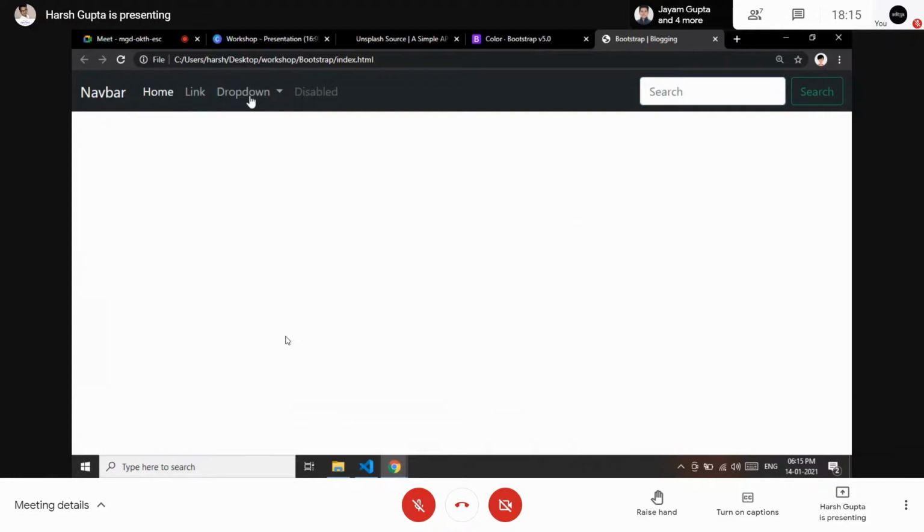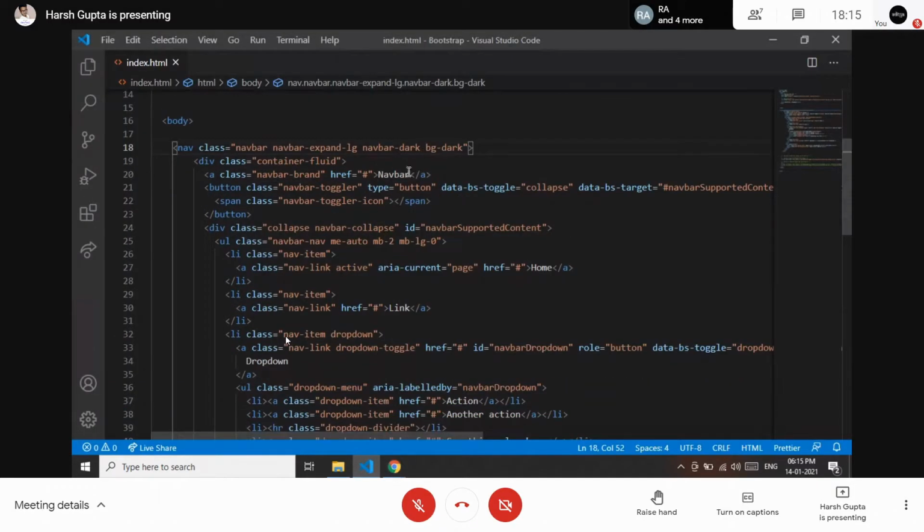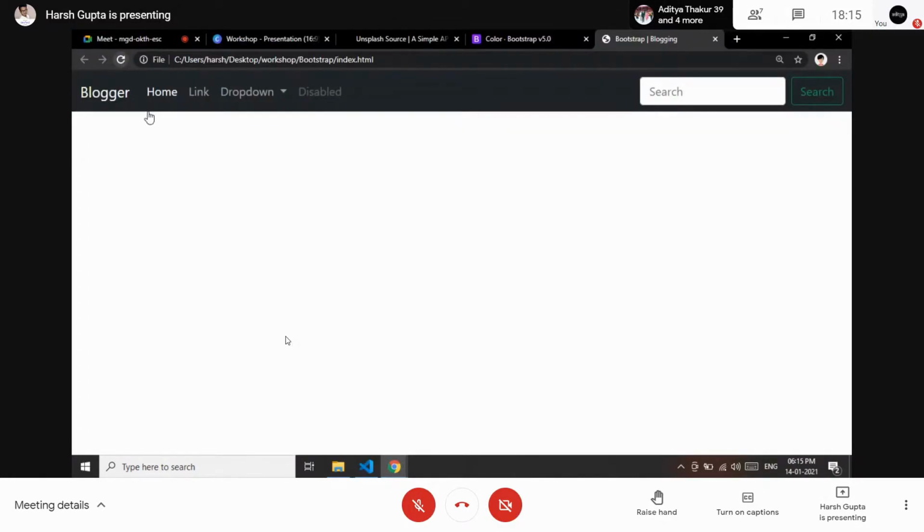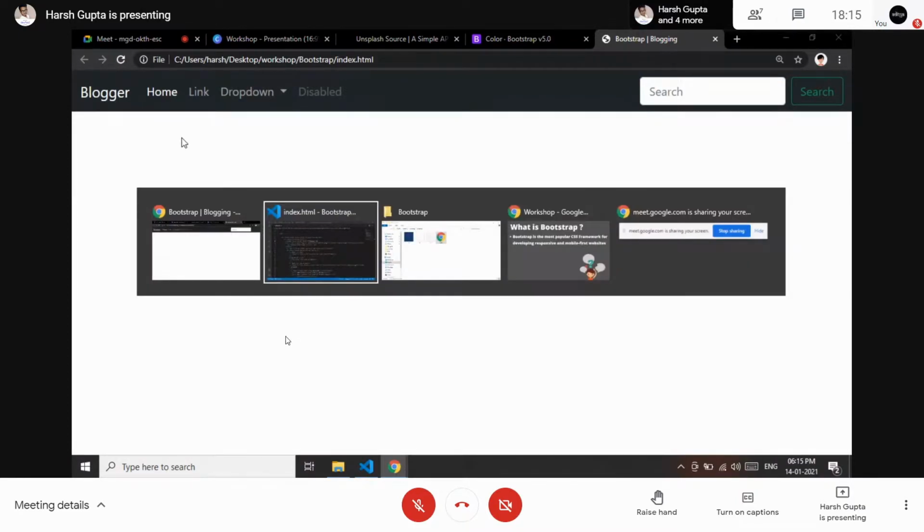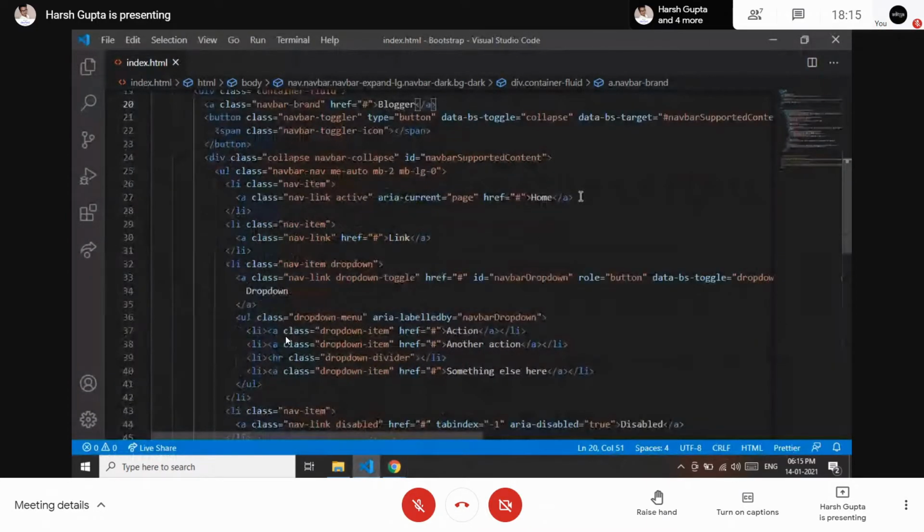Okay. Now I want to change the content of this navbar. So how can I do that? Simple. Here's the navbar. If I write, let's say, blogger, save this file, then change the tab and then refresh. So now it is written blogger. So that's how you can change the content of the page. Let me do one thing more here.